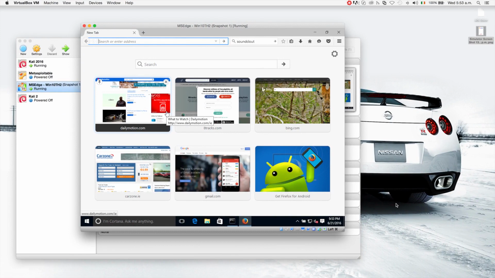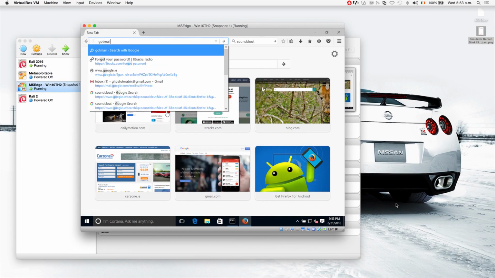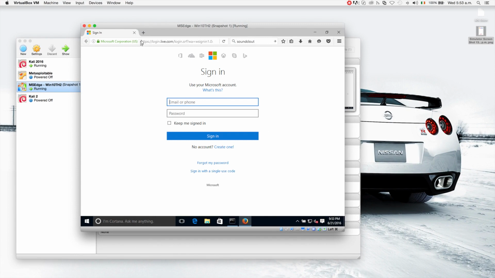So I'm going to go to my browser on the target, and I'm going to try to go to hotmail.com. Now, as you can see here on the top, you'll see that the website uses HTTPS. So if I try to become the man in the middle now, this website will display a warning. So to bypass this, we're going to use a tool called SSL strip to downgrade any request to the HTTPS website and get it redirected to the HTTP version of this website. Once we go to the HTTP version, then sniffing the data will be trivial, exactly like happened in the